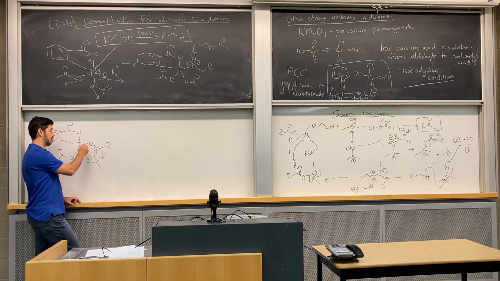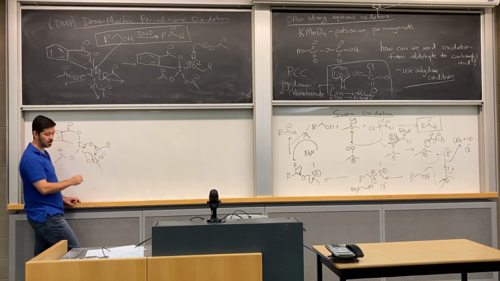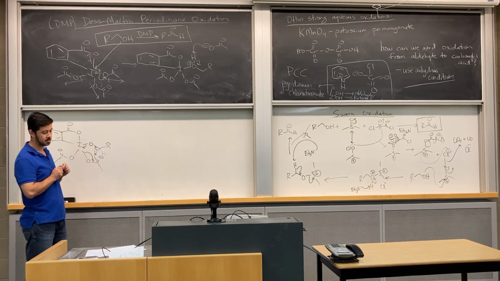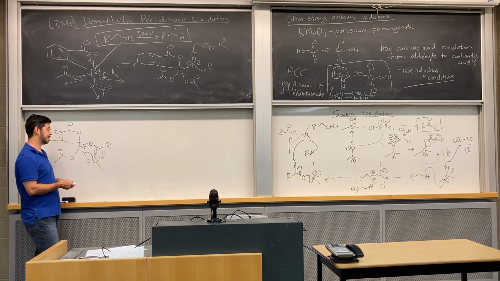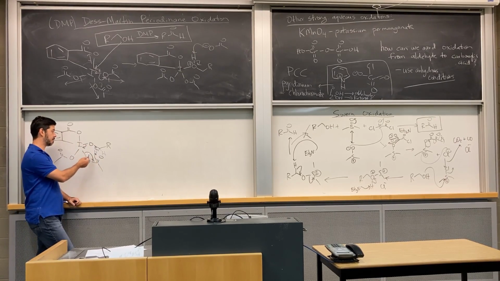And then this will come down to the iodine, and then you'll break off this iodine-oxygen bond. So it's kind of a concerted mechanism that happens through intramolecular deprotonation. Again, you can think of removing that acidic proton, forming the double bond, breaking the oxygen-iodine bond, and